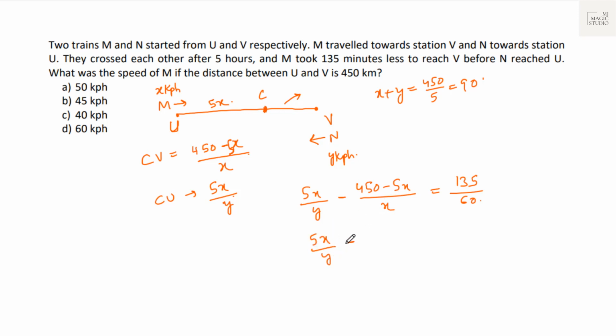So 5x by y minus 450 by x plus 5, or this will be 135 by 60 minus 5. 300 minus 135 is 165. That would be minus 165 by 60. 5x square